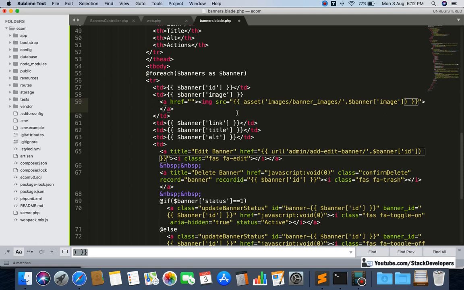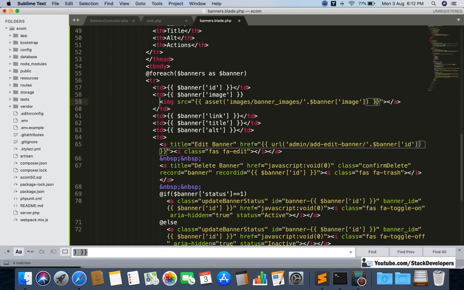For the link as well, here we can give that URL, and that link will come here. But the link we are going to show separately, so it is not required here. It is required at the front end where we will give it. Because we are going to show the separate link here. Okay, so that is fine now, and I'm going to check this. The banner we can remove.